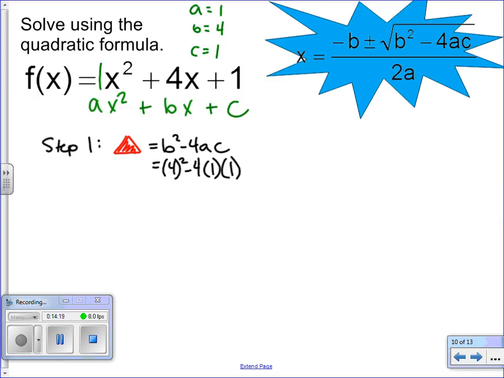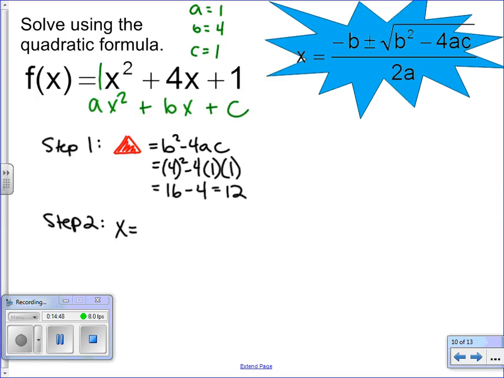You can use a calculator to help you, or you can evaluate this on your own with PEMDAS. 4 squared will be 16, and then minus 4 is 12. So we have our discriminant. I can tell that because it's a positive 12, I'm going to have 2 real solutions to my quadratic equation. And then I'm going to do step 2, which is to actually plug into the quadratic formula,